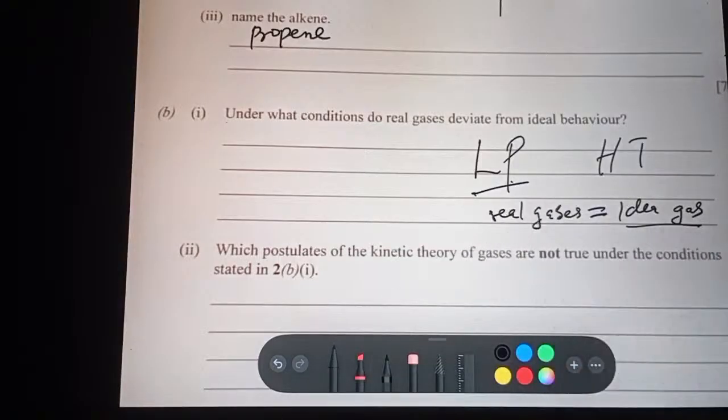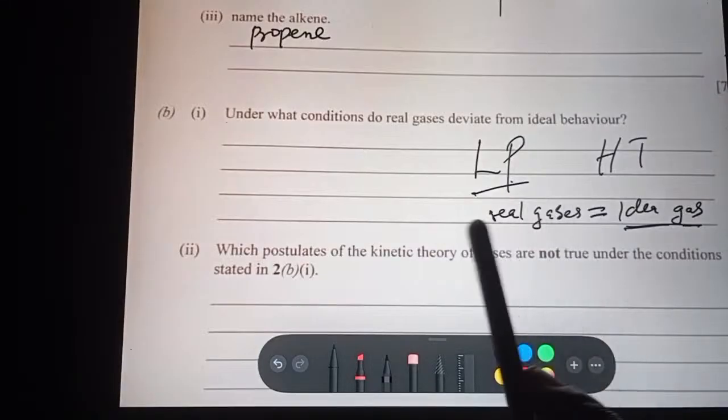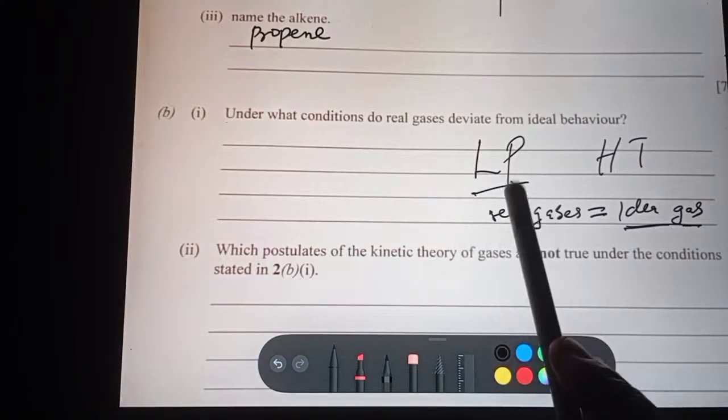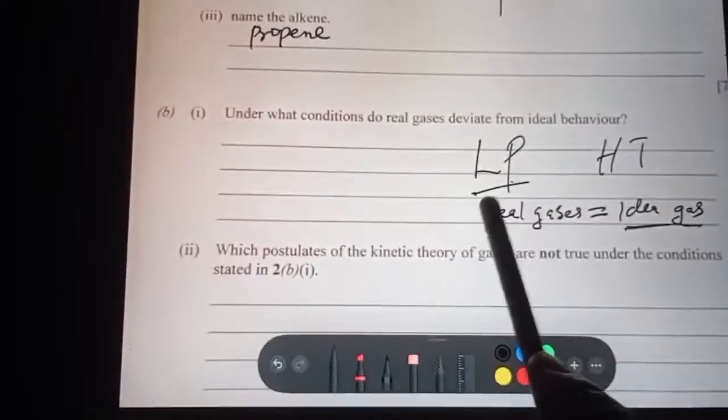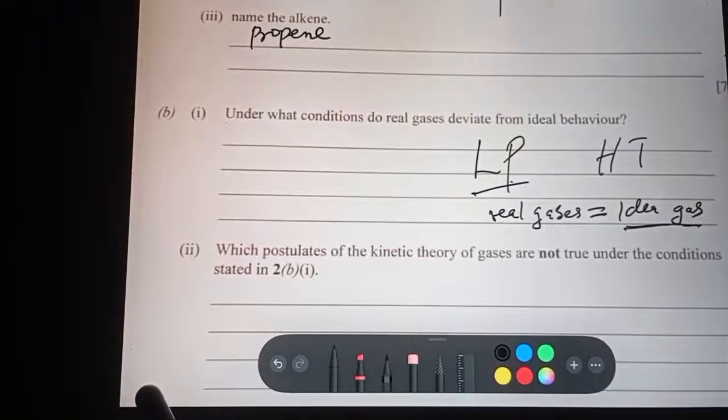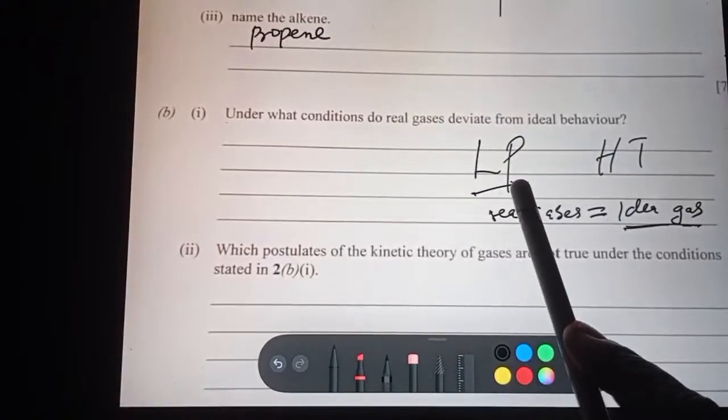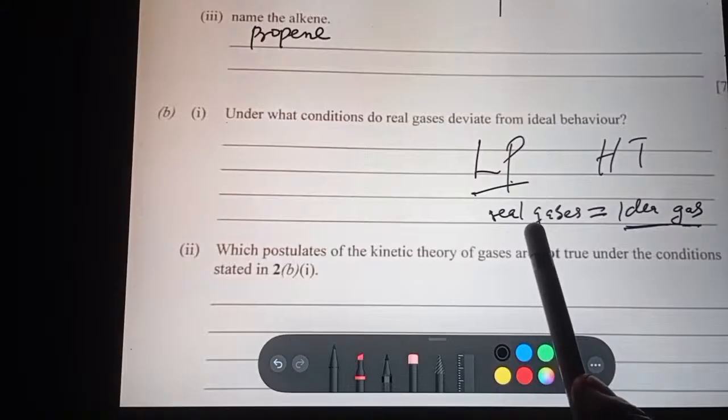You can never liquefy them. They are constantly in random motion, moving. The space occupied by real gases is considerable, but the space occupied by ideal gas is negligible. So ideal gas doesn't occupy space. Ideal gas never liquefies. They keep moving. So thank you for liking. Please endeavor to share. So if you say LP, that's low pressure. I got you there. So at low pressure and at high temperature, real gases do not deviate from ideal gas much. They show less than 1% deviation. So the opposite will be the answer here now.